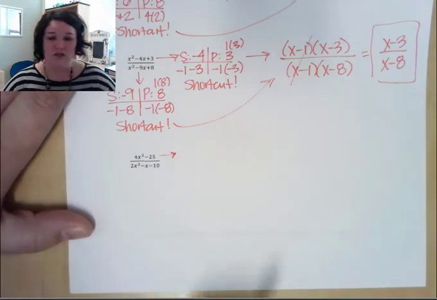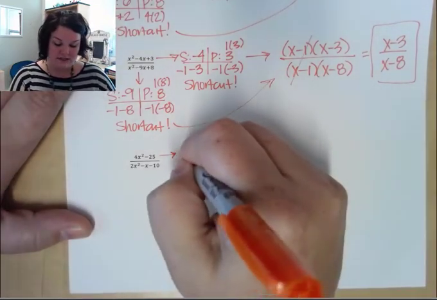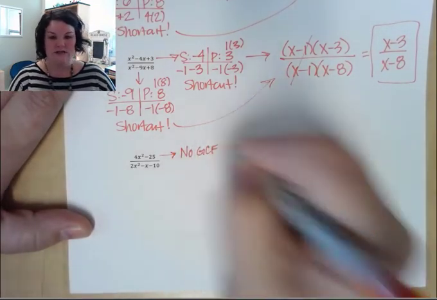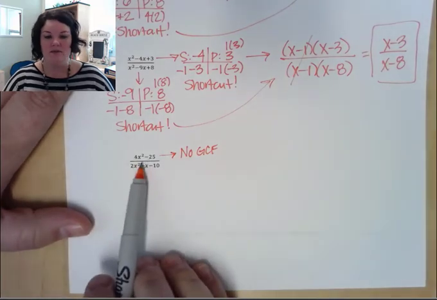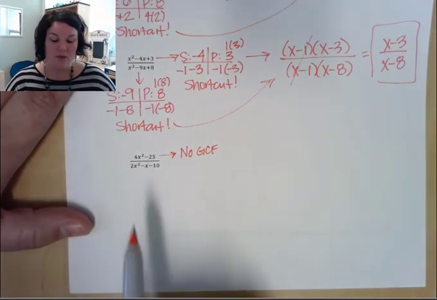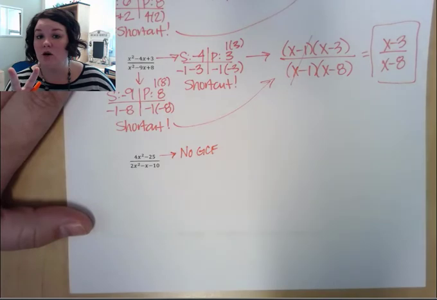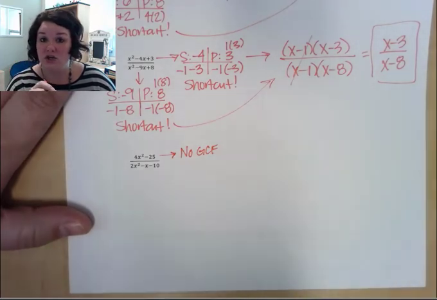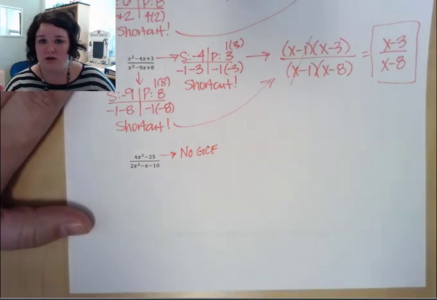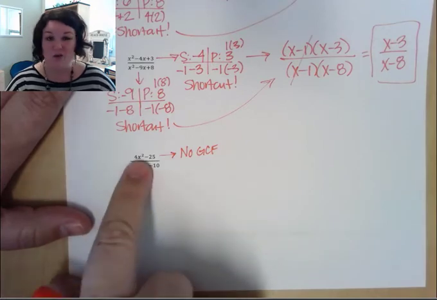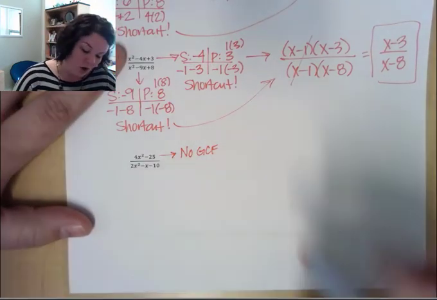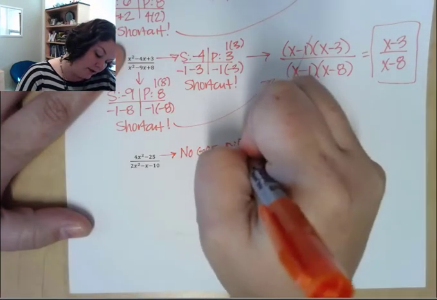The top has 2 terms, and there's no GCF, right? No greatest common factor. They don't have x's in common. They don't have numbers in common. But when I have 2 terms, remember, I'm looking for a sum or difference of cubes or a difference of squares. So in this case, it's squares, right? So I'm hoping that this is a difference of